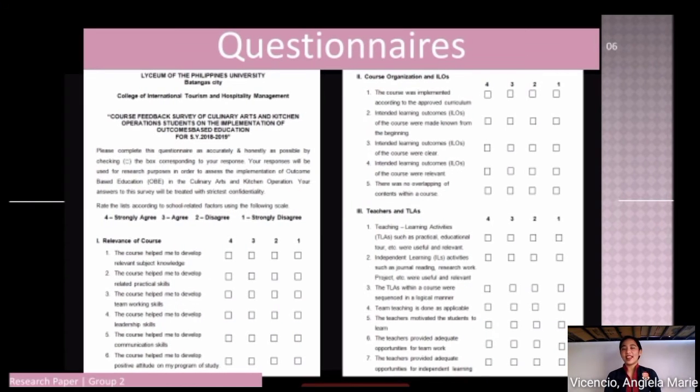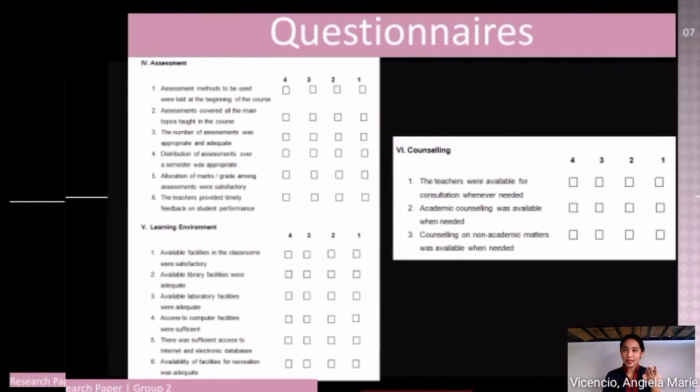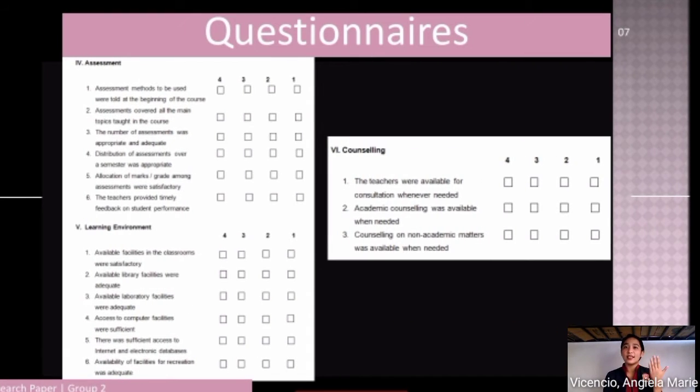So here is our questionnaire. It is composed of 6 school-related factors, and these are the relevance of the course organization and intended learning outcomes, teachers and teaching learning activities, assessment, learning environment, and the 6th is the counseling that are intended in the objectives